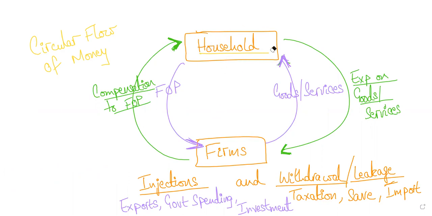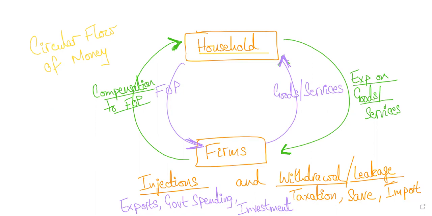So initially on the diagram we saw that there are two sectors, household and firms, right? We looked at this, and then, okay, great, that makes my life a lot easier. Now then we said that there will be two other sectors in the economy, government and international trade, right? So let's just write this down: IT, international trade, right? And some money will be coming into the system and some money will be going out of the system. So three things that will get money in the system are exports, government spending, and investment, and three things that will get the money out of the system: taxation, saving, and imports, right?